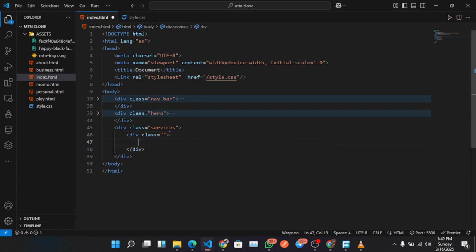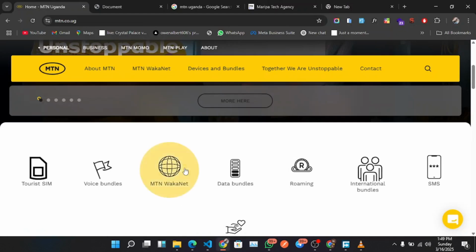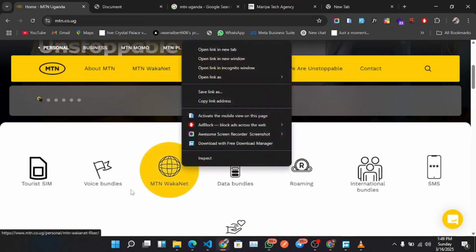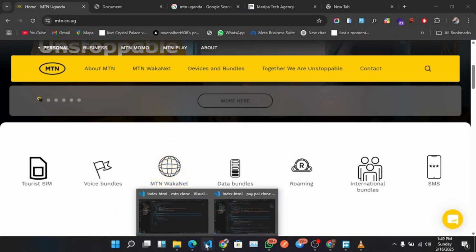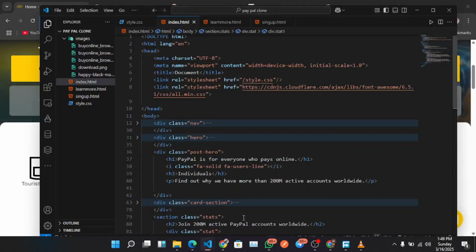Inside this we've got an image, and is it really an image? This is an icon, and we shall link our icons we used last time. I remember we used an icon like